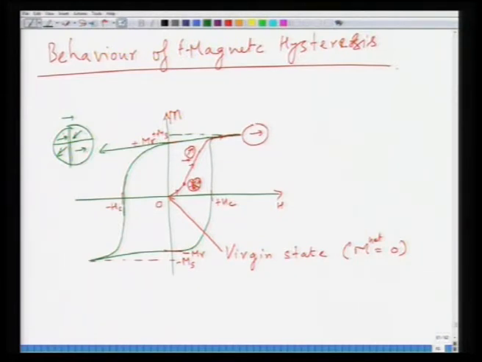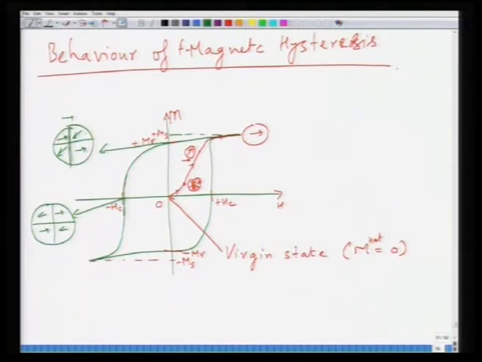Now, when you want to go to this state, which means you have 4 equal quadrants, you have a picture like this, and this means that net magnetization is equal to 0. Now, how would this occur? This would occur by some sort of movement of domain wall. How the domain walls move, I will come to a little later. It has to happen by shrinking of these domains which are favorably oriented, or nucleation, or some other mechanism. Let's not talk about the term nucleation, but it has to happen by some movement of